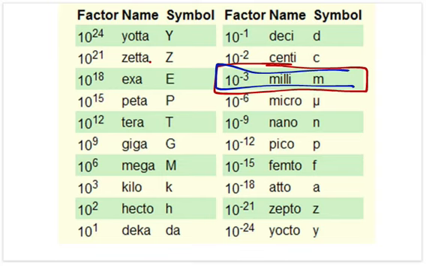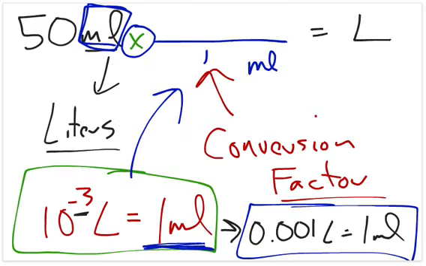When it says 10 to the negative third, it means that one of the base units is 10 to the negative third of the prefixed unit, milli. So 10 to the negative third liters is 1 milliliter. Now notice what's going to happen. If I multiply this across milliliters, I'll divide those by the milliliter units down here. Milliliters divided by milliliters is the same thing as